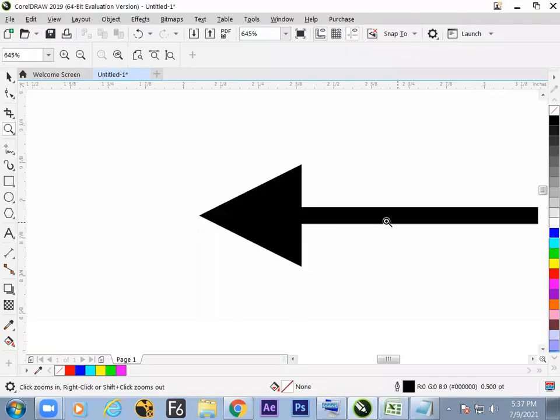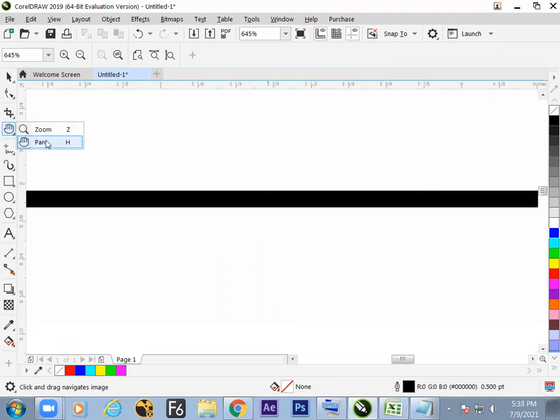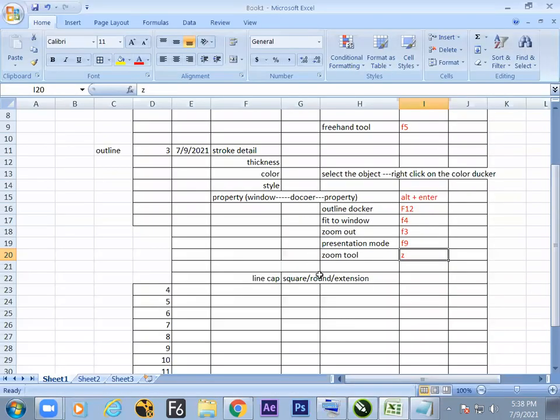Next, to move it up, yes, hit the button H, hand tool. These two tools will always help, and in every software this is common. H for hand tool.